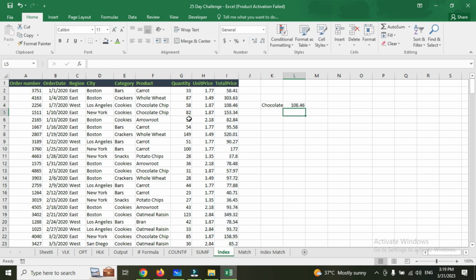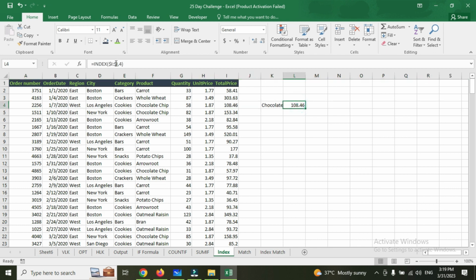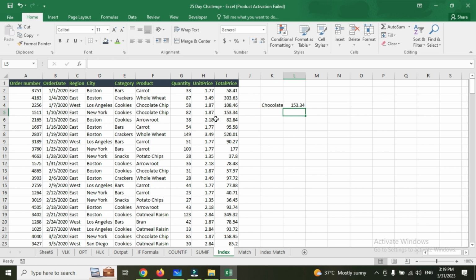You got the value of chocolate chip of row number 4, right? Okay. And now if you give 5, you will get the value of the fifth row. Done. So this is the first method of index. It will give you the overall value. Suppose you select three different columns and then from there you have to take a particular value, what will happen? There comes the second form, which is